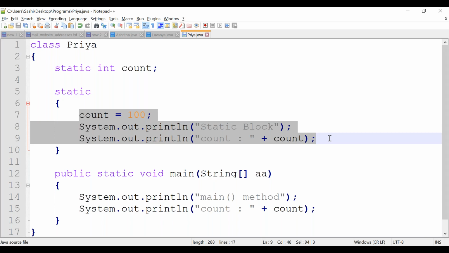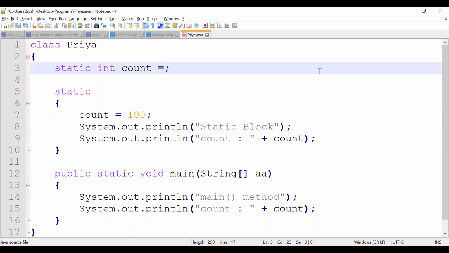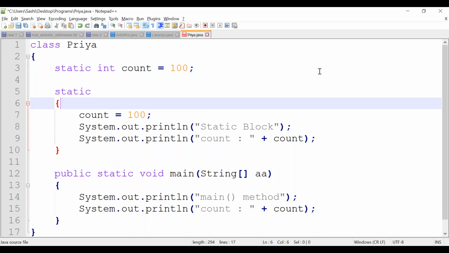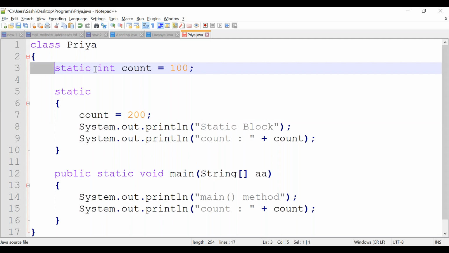Simply, I want to experiment with some more things. Okay, listen, we would like to experiment with some more points about static blocks. This might not be in real time, but just to help you understand more about static blocks, we are modifying it. This is not the good way actually. You need not initialize it directly. We should initialize inside the static block.